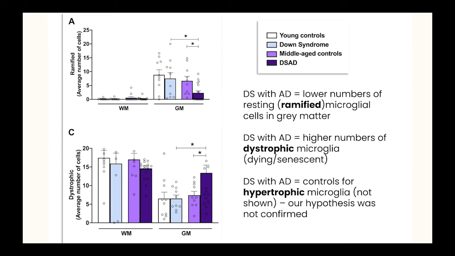However, what was really interesting, again, is we are seeing far more dystrophic microglia in the Down syndrome brain. That might give us a hint that the microglia in the Down syndrome brain are either under a bigger load in terms of trying to clear up pathology, or they're unhealthy compared to what we see in normal aging. And then those microglia are really struggling to do their job and are dying as a consequence of that.